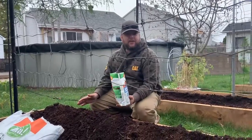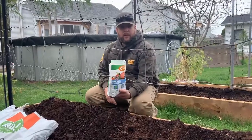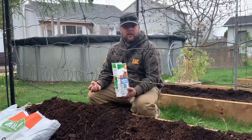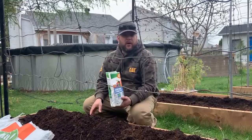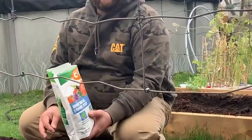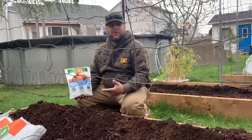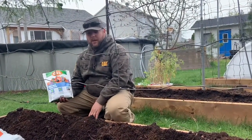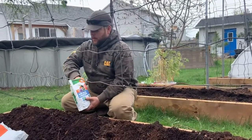Alright, so now we're at our first garden bed where we're gonna put our tomatoes. We have a trench made. I'm gonna add some bone meal. It's high in calcium and nitrogen. It's gonna help give them the kickstart that it needs, and then the calcium will help hopefully prevent blossom end rot. We've had a lot of success with this CIL bone meal. I get the bone meal and the blood meal mixed up because we have two for two different applications. But this one, for our tomatoes, we're using the bone meal, and we have really good results with this. So I'm just going to take some and give it a generous amount